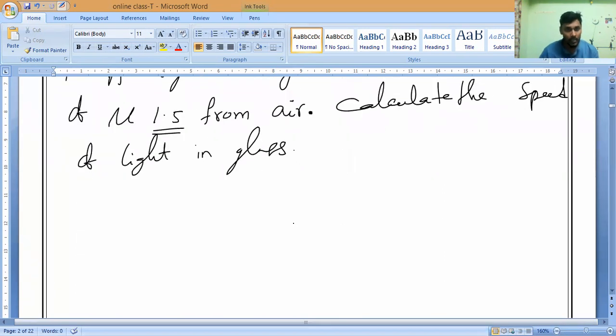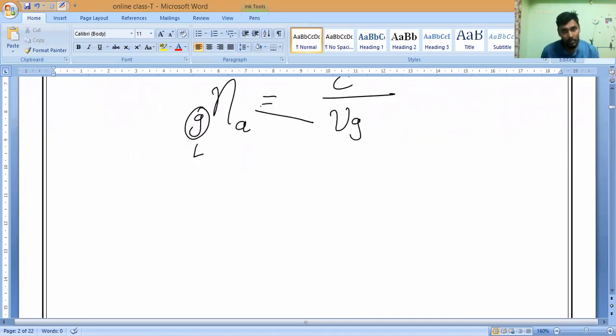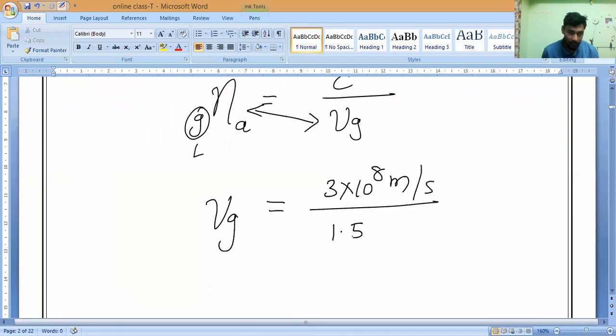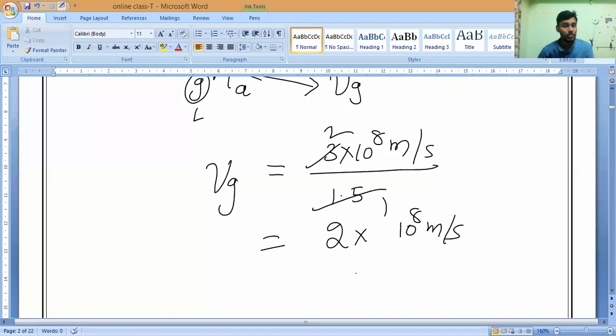So what is the formula we can write? They have given glass, correct? So refractive index of glass, left side glass will come, right side air will come, which is equal to c by speed of light in glass. Yes or no? Now both will exchange the places. So speed of light in glass is equal to 3 into 10 power 8 meter per second divided by the refractive index, which is 1.5. That's all. Don't waste time. 10 power 8 directly will come. 1.5 ones are 1.5, twos are 3. So 2 into 10 power 8 meter per second.